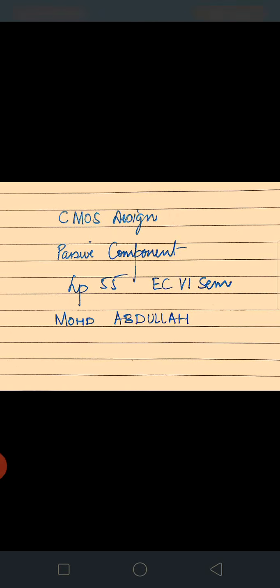Again, I'm back with the new topic called passive components. This is the last topic of our CMOS design, the fifth unit, passive components. Now, what are the passive components? We are going to discuss in this topic what they are and how they are designed or fabricated using